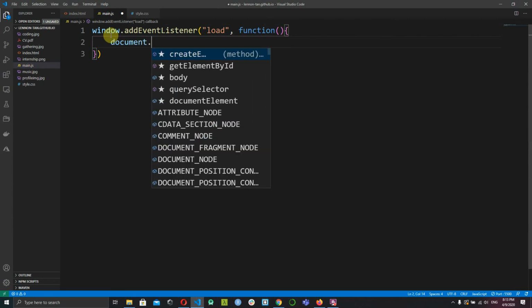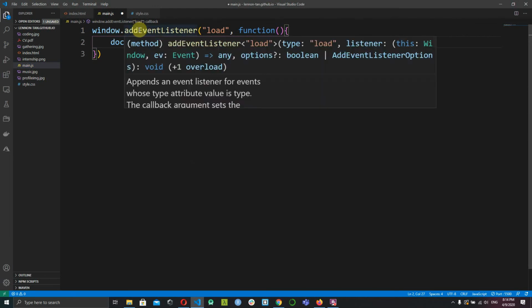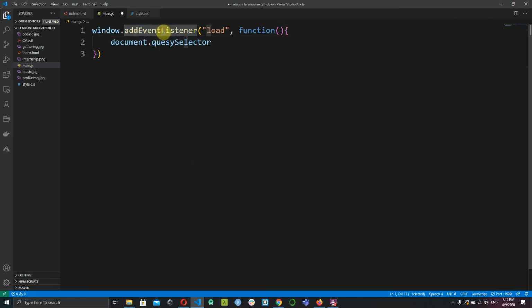So we just do document. Document means that we want to see the HTML document, and we use a query selector. If you notice, in event listener, the E and L are capital. In query selector also, this S is a capital letter. Then we want to select the preloader. So what does this mean? Let's view this. For example here, preloader,